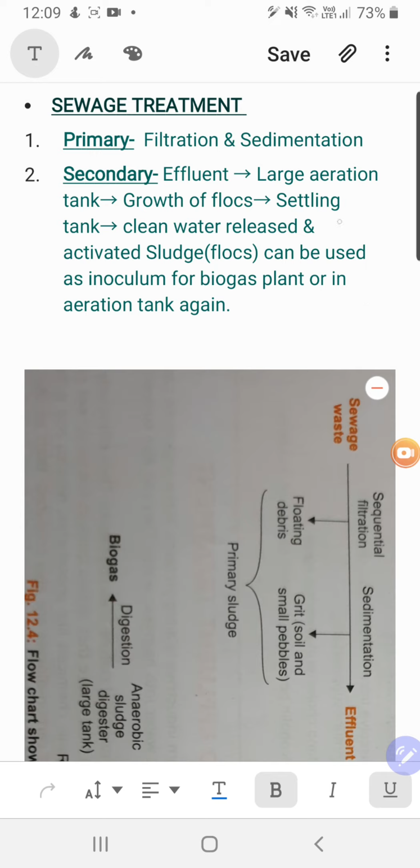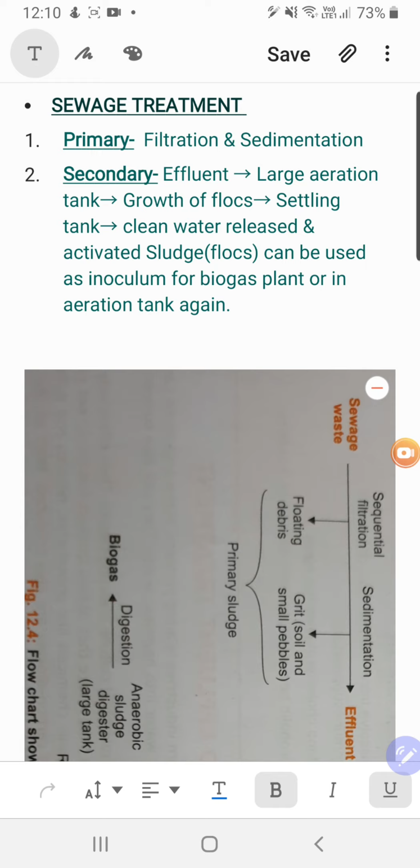And whatever flock which was settled at the bottom, you may call it activated sludge, because these are multiplied bacteria and fungal filaments, so they can be used further either in the biogas plant. I mean, it's just like using a pinch or a sample of this activated sludge as an inoculum, right? Inoculum means just the way when you are settling a curd formation process, at that time you just add some of the curd so that the whole milk turns into curd. So that little bit of curd you have added initially is actually an inoculum.